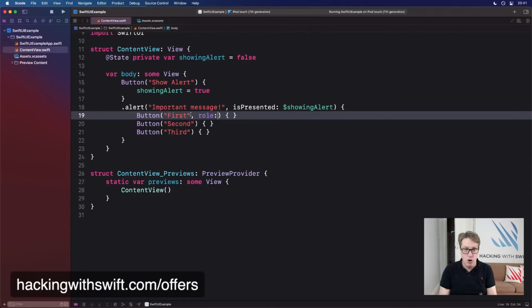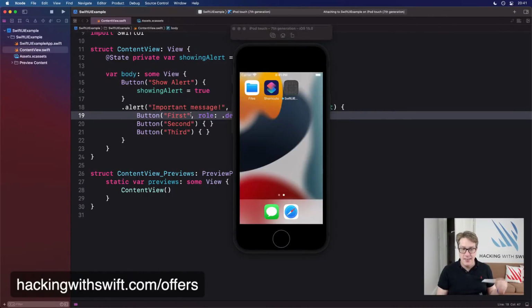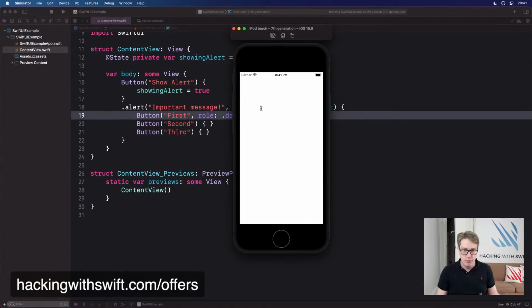Anyway, so these are native buttons, which means you can now say this first one here is important. You might say it has a role of destructive, and again, SwiftUI understands the context. It'll say this thing's a bad thing. Make this red. Make it obviously stand out on the screen somehow. Bang. Don't press first. It's bad.